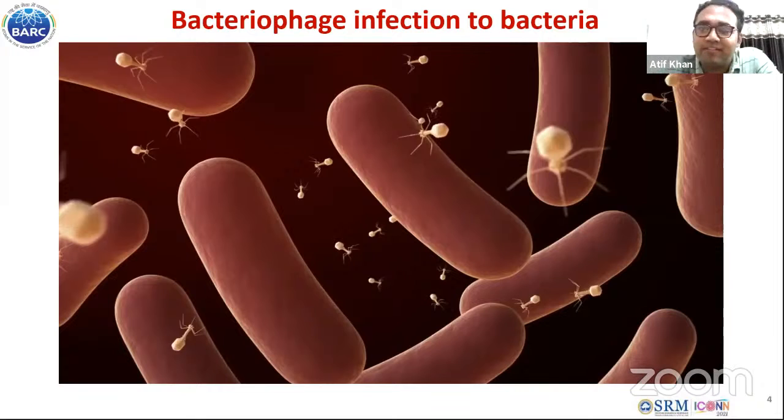So normally we first treat the sewage water before releasing it into the environment. It will kill the total bacteria, and it will reduce the efficiency of the system, like COD or BOD. So if you want to target a particular type of bacteria which is the most harmful, we can use the bacteriophages, because bacteriophages are highly specific for their host bacteria. So if we kill a particular bacteria without killing other bacteria, it will not hamper the efficiency of the system. So that way we can use the bacteriophages.